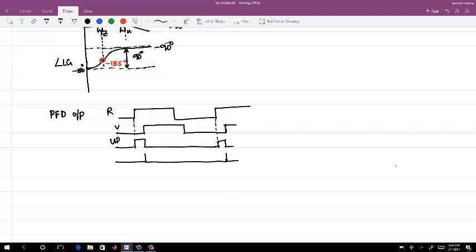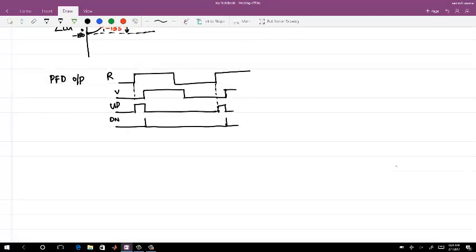Does everyone agree with this? Because this is what we started with, up minus down. Now if I say this up is actually not this but only this, your down signal will be here like this one, right? Now these up and down signals are used